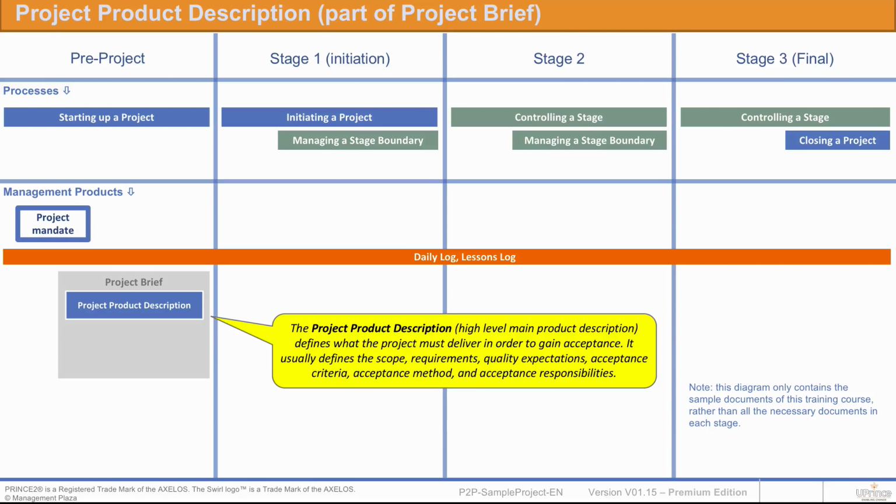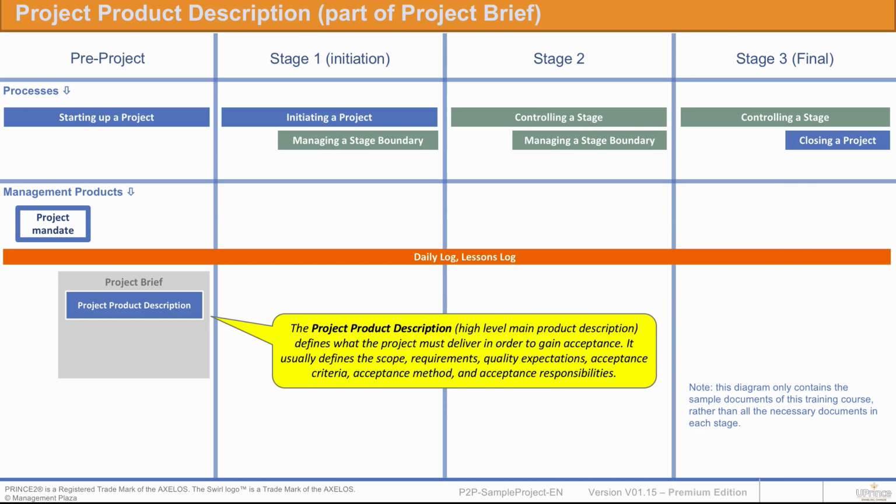The project product description is actually a description of the main product. And believe it or not, we don't have to go into too much detail. For example, if you ever rented a house or bought a house, you will notice that the information you first got on the house is probably about a page or a page and a half. Or if you go and buy a portable PC, you look at the technical specification page, which is perhaps just one page. So that's really all we need to know